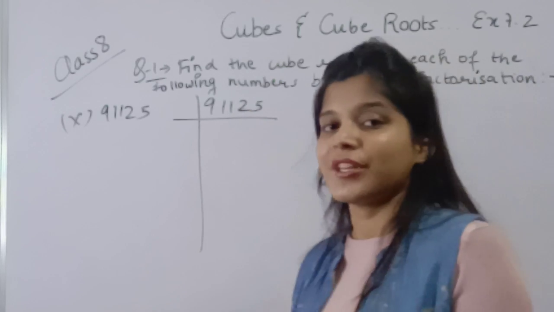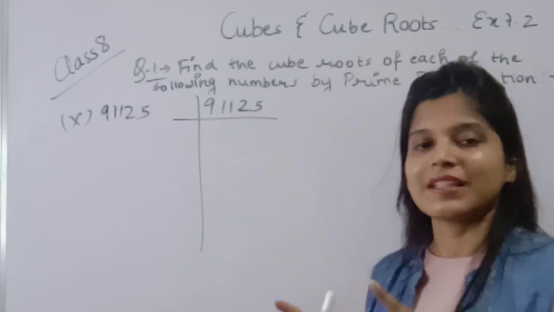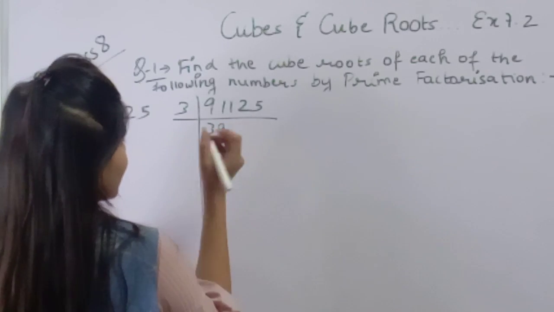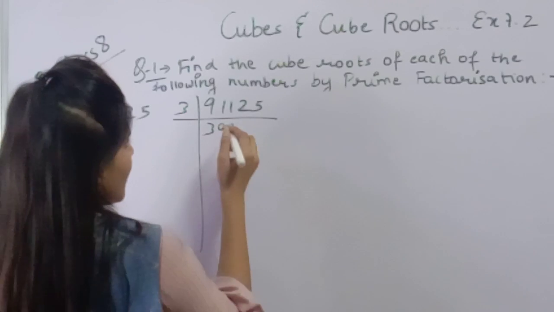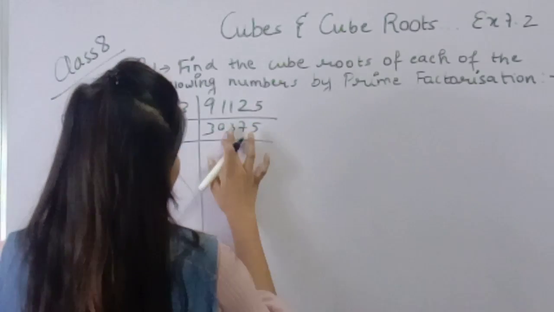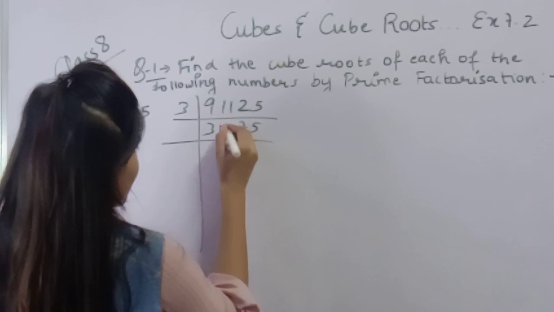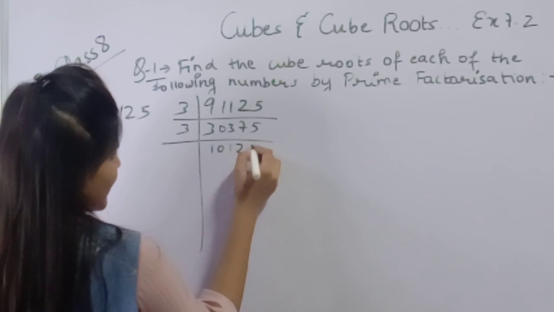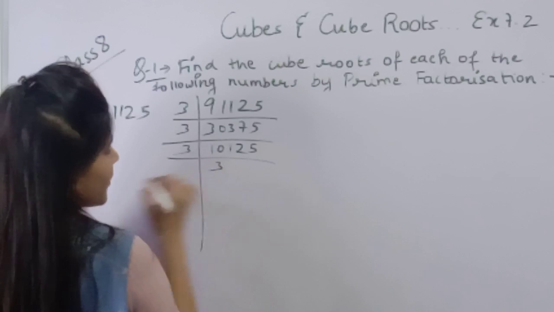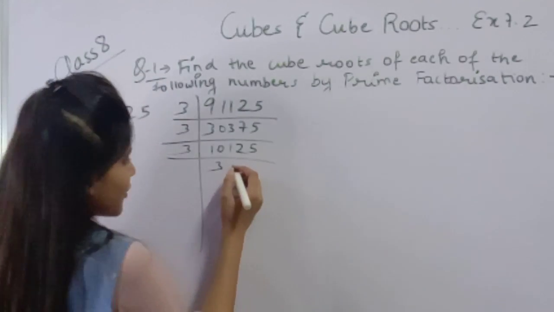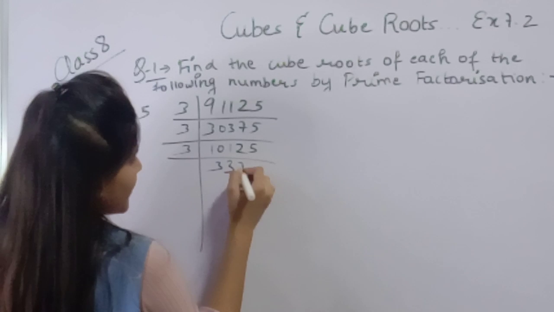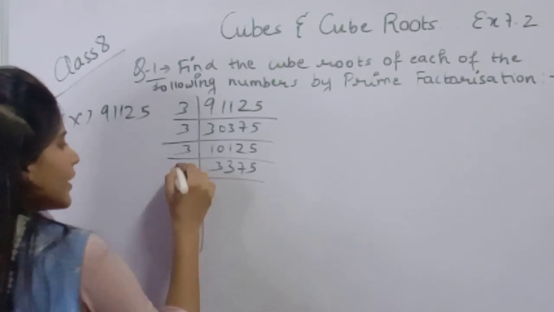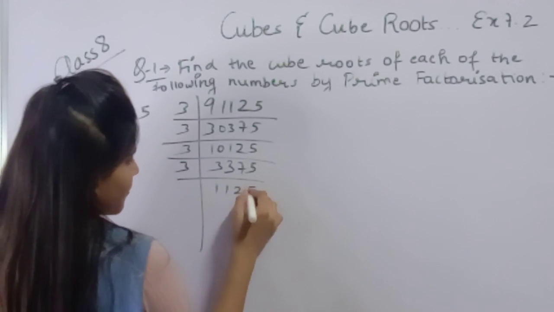18 is a multiple of 3. It means that this number is also a multiple of 3. 3 3s are 9, 0 because 1 is not going. Now 11, so 3 3s are 9, 3 7s are 21, 3 5s are 15. This is 0. Now 3 1s are 3, 0 as it is, 3 1s are 3, 3 2s are 6, 3 5s are 15. Now 3 3s are 9, 11 left, 3 3s are 9 again, 3 7s are 21, and 3 5s are 15. Now again 3 1s are 3, 3 1s are 3, 3 2s are 6, 3 5s are 15.